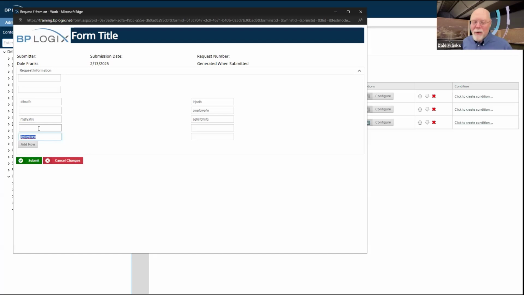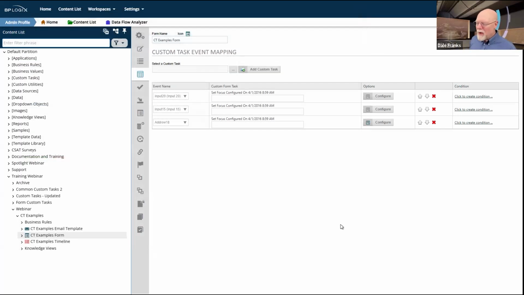So what happened was it dropped me over into this field and it ran that set focus, and it did not do the set focus that took me back up to that field there. So order of operations is important, and you have to play around with things to see what's going to happen whenever you're running some of these custom tasks.